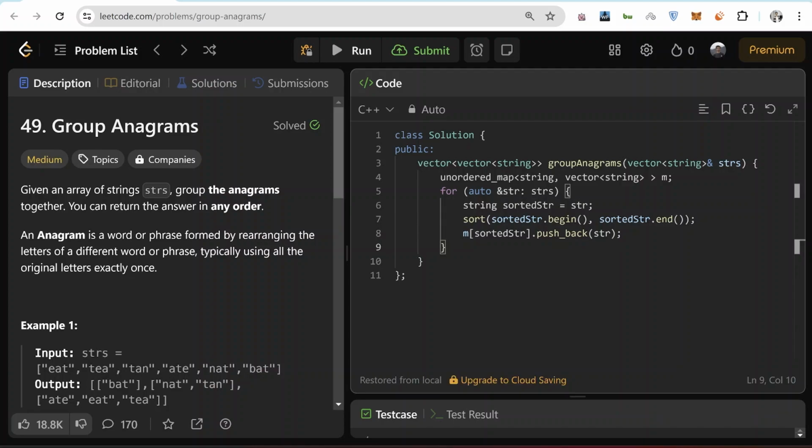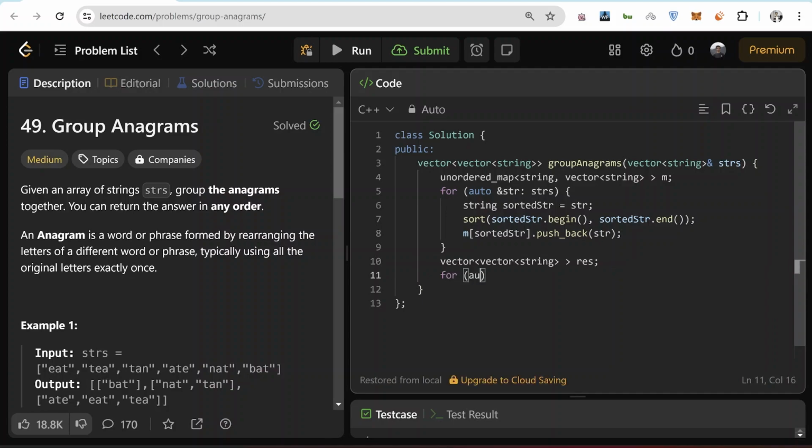Got it. Now we have created the hash map using the sorted string, and now I want to get all the values in a resultant vector. So what I'll do is create this resultant vector, which will be a vector of vectors of string, call it res.